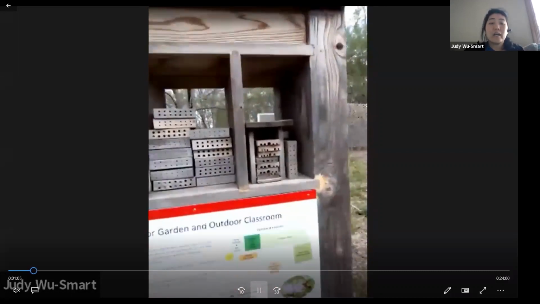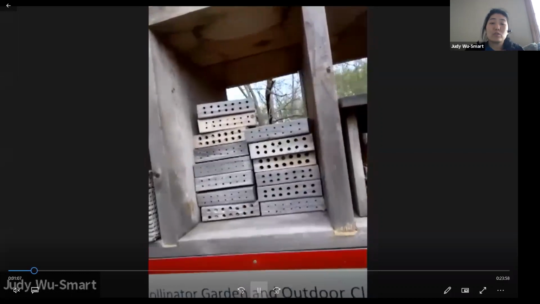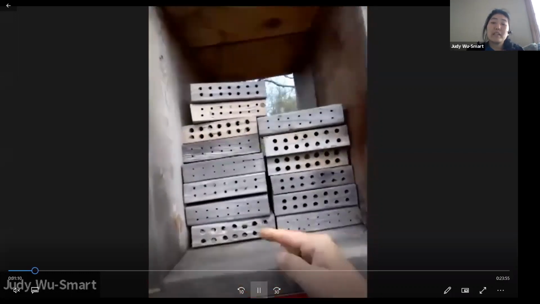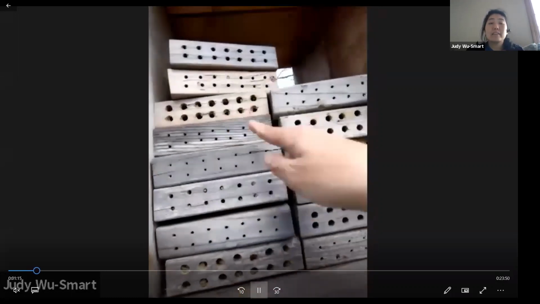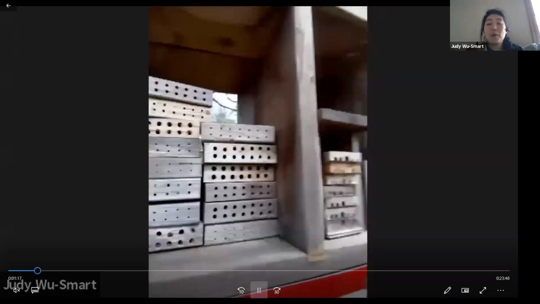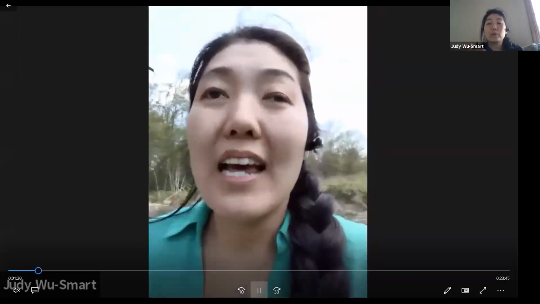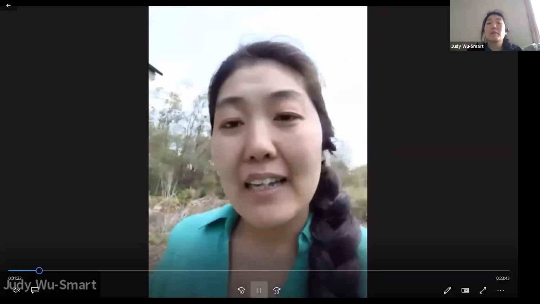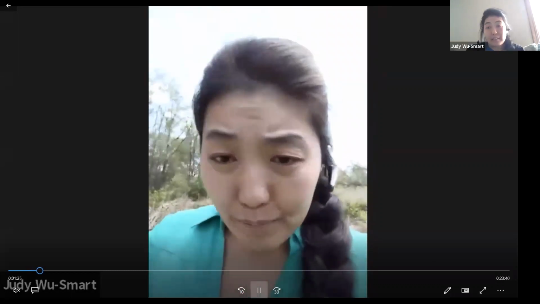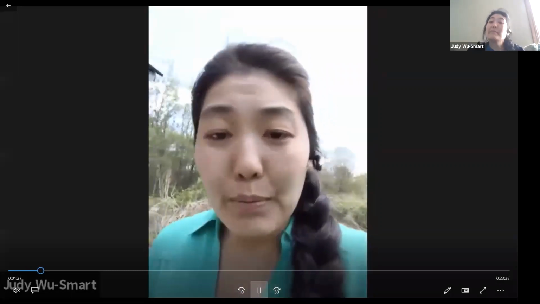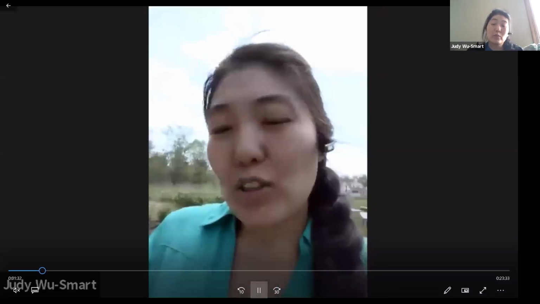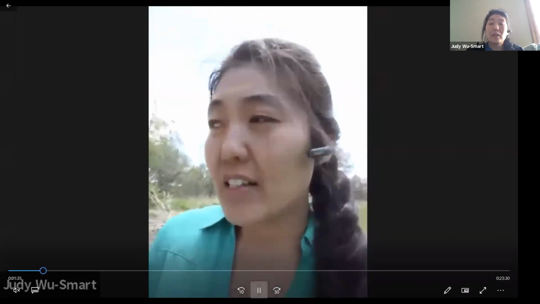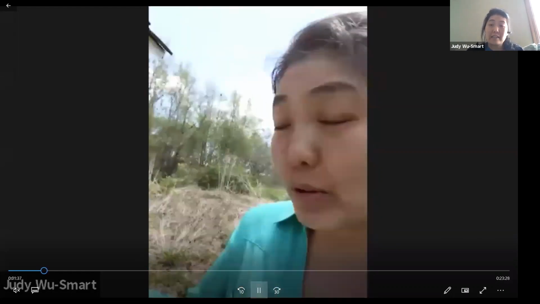Here we're at the UNL Pollinator Garden and Outdoor Classroom, and here are some native bee nests. These are wild bee nests in which wild bees will come in and collect nectar and pollen, deposit an egg, and start to rear brood right inside. So these are utilized by solitary stem nesting bees. There are also many, many different species of solitary ground nesting bees that do a very similar thing where they collect nectar and pollen, go in the ground and lay eggs and start to produce brood.